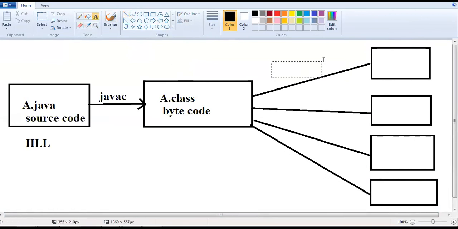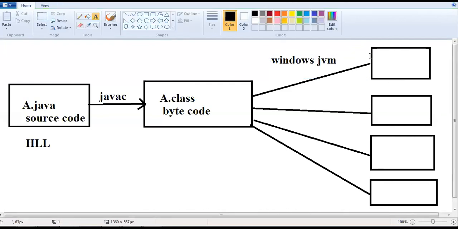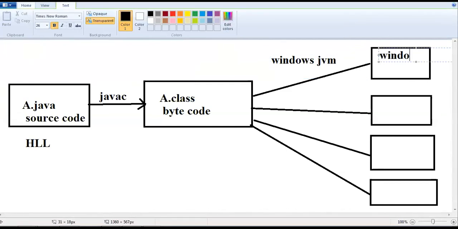This is the Windows JVM. It converts to Windows binary code, Windows native code, for your understanding. This is a Linux OS. It converts to Linux binary code.